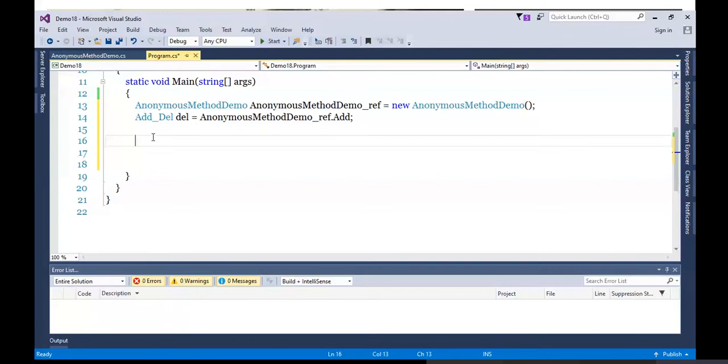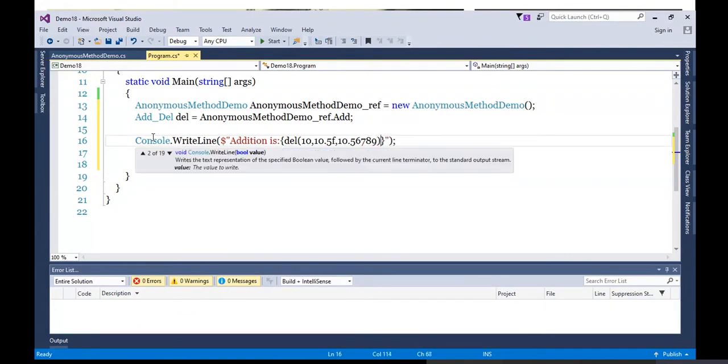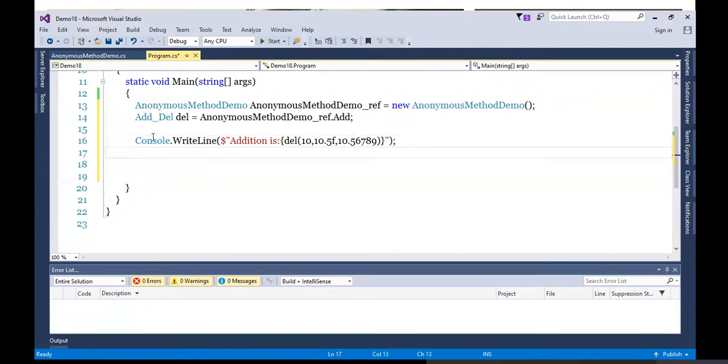This returns a value, I know it. So, addition is, with values 10, 10.5f, and some double value like 5.6789.